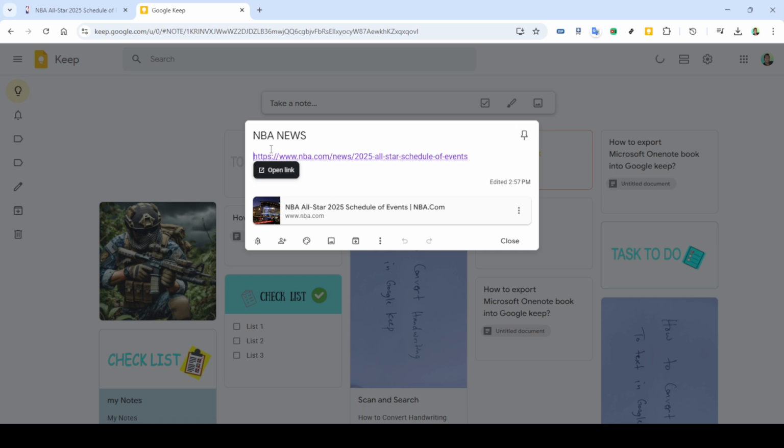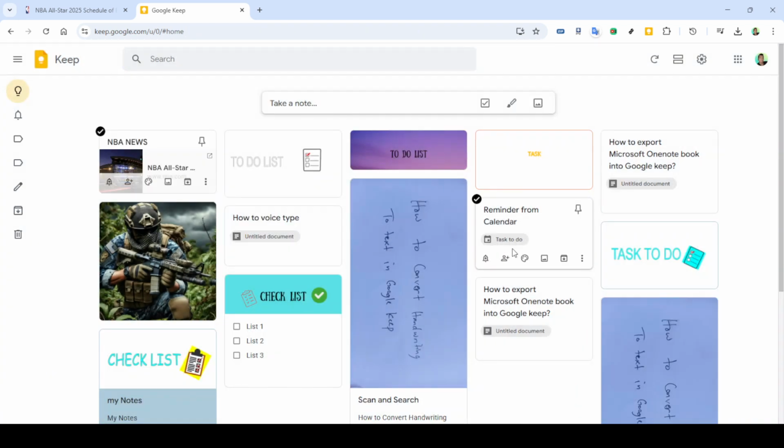Head over to the Keep app by navigating to keep.google.com. Here, you'll find that your freshly saved link is neatly stored as a note, ready for you to revisit whenever you need. This is the perfect way to ensure accessibility and retrieval of your internet explorations. And there you have it. By following these steps,